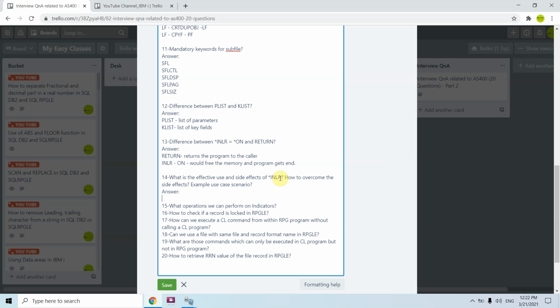All the files which are open get closed, and all the variables which are initialized get reinitialized once the activation group is shut down. So you don't need to keep track of whether to set the INLR to on, because this would be done by the OS for you.